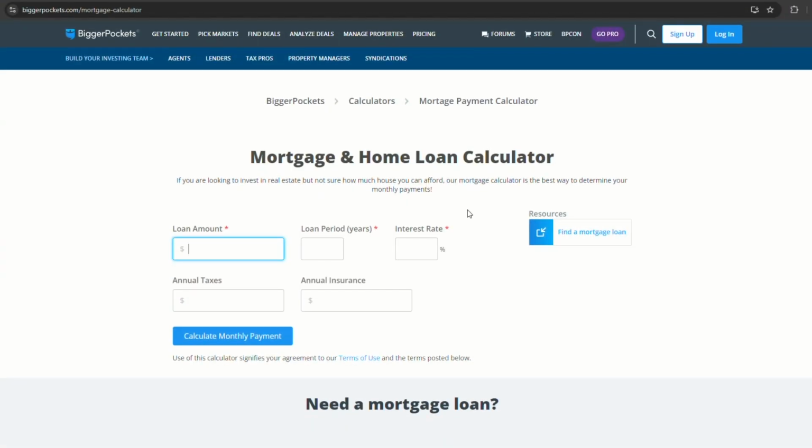Then you have the BiggerPockets Home Loan Calculator. Suppose you use a conventional loan for real estate financing. In that case, a mortgage calculator is invaluable in determining how much you can afford. This tool calculates your monthly loan repayment based on the loan amount, the term, your interest rate, and other associated